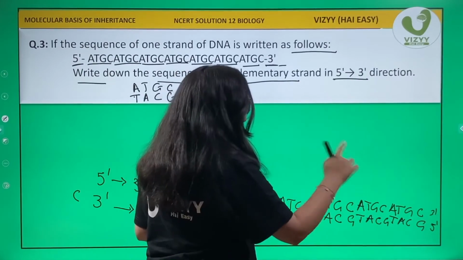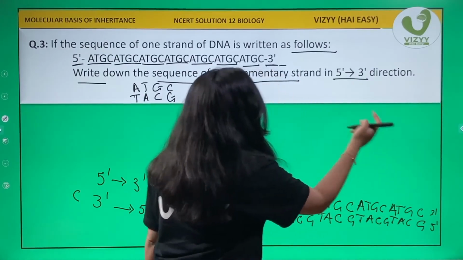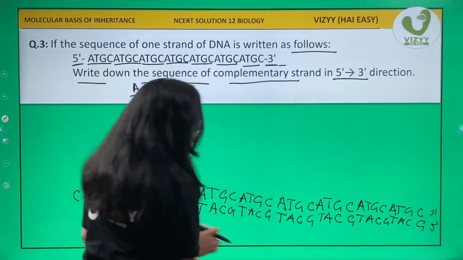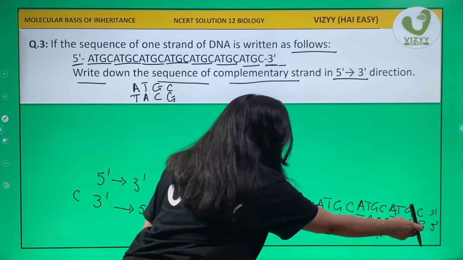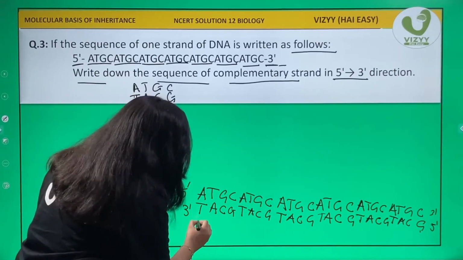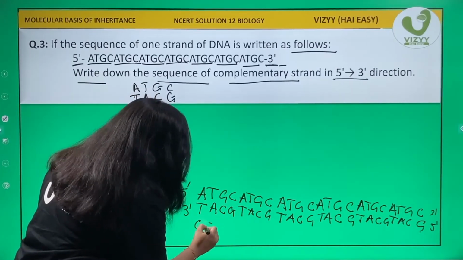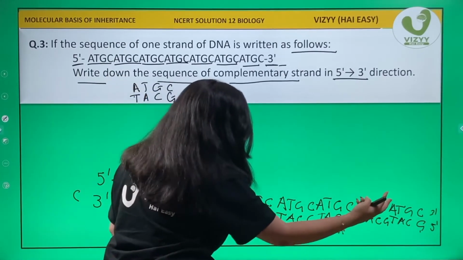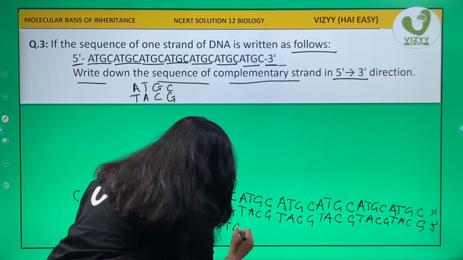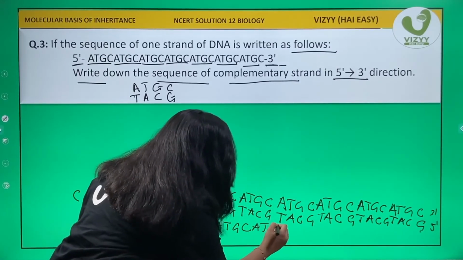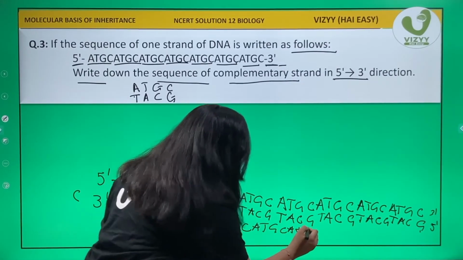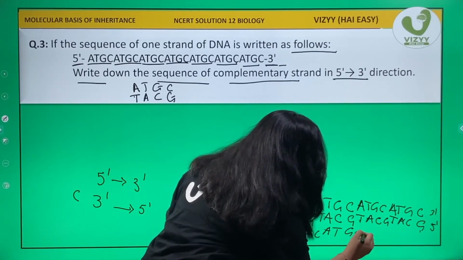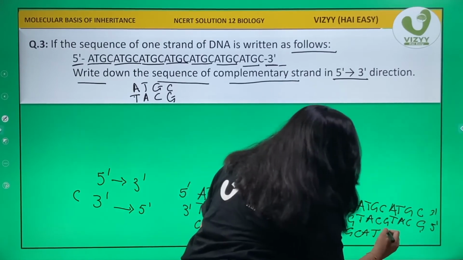Now we want a strand from 5 prime to 3 prime. So from 5 prime to 3 prime, start writing from backwards. So we'll write from G, C, A, T. Okay, and this will start repeating. G, C, A, T, G, C, A, T, G, C, A, T, G, C, A, T, G, C,